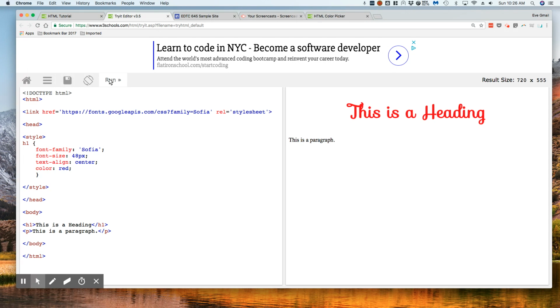Now, where was I going with that? That's fine. So that's my header block. The next thing I need to do is set up a